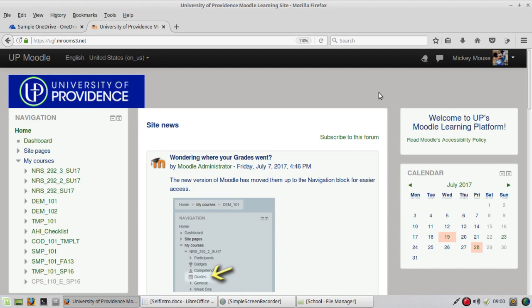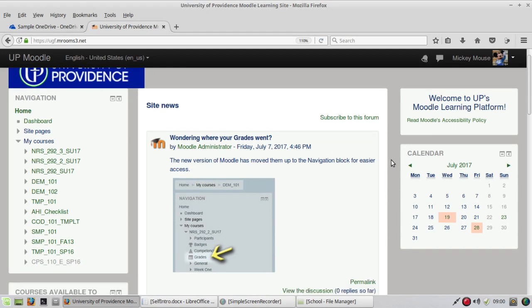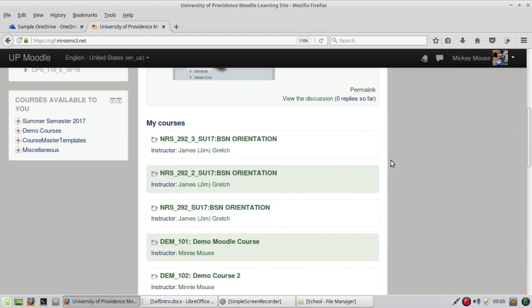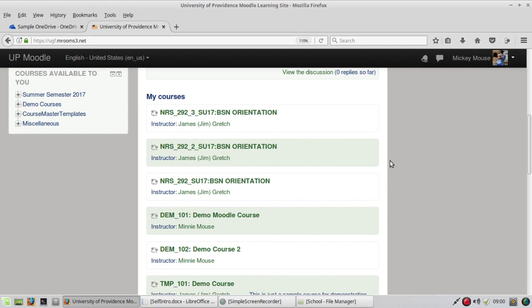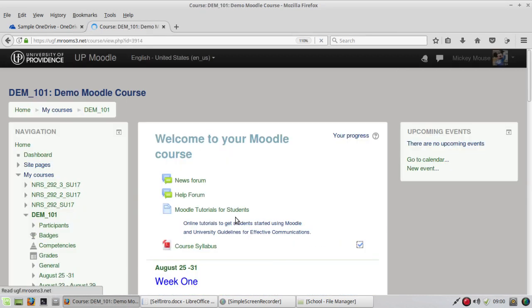Once again, we're logged in as the student Mickey Mouse and we're on the Moodle home page. So we're going to scroll down and find the course that we want to participate in today, and that is the Demonstration 101, Dem 101 Moodle course taught by Minnie Mouse, someone whom Mickey apparently already knows. So we're going to click on the title of that course, and that will take us into the course itself